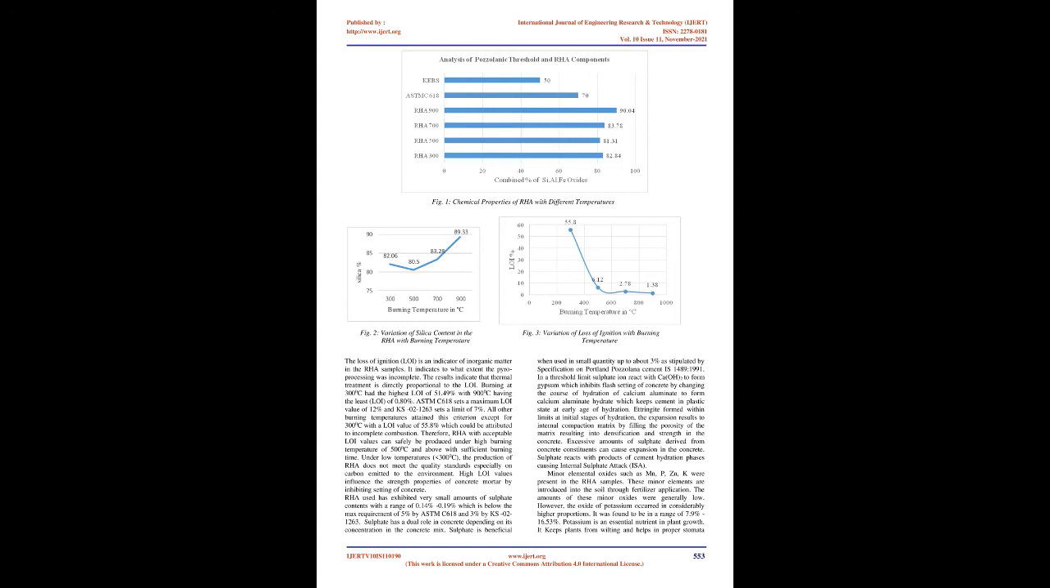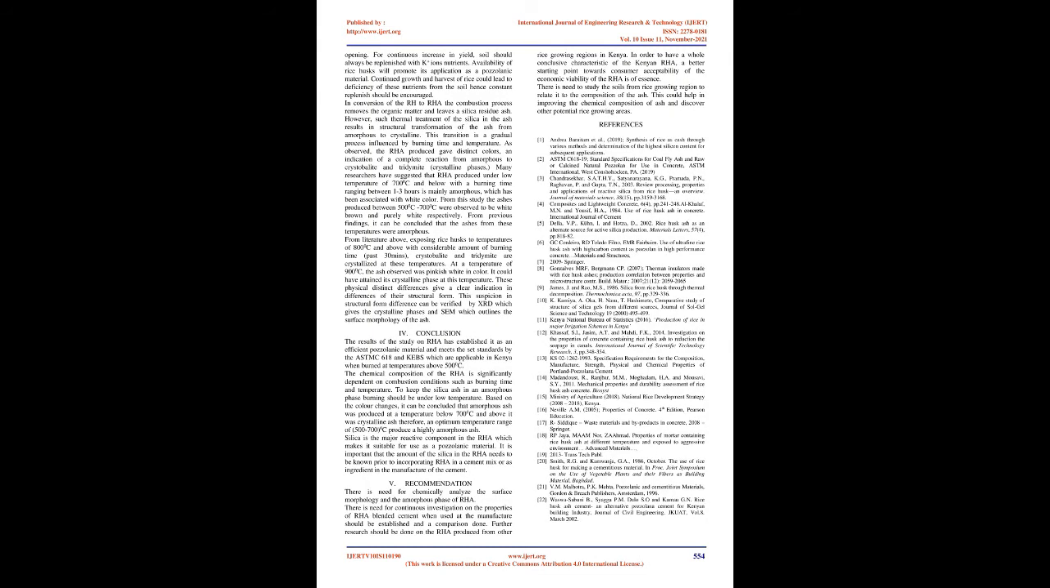It keeps plants from wilting and helps in proper stomata opening. For continuous increase in yield, soil should always be replenished with K and other nutrients. Availability of rice husks will promote its application as a pozzolanic material. Continued growth and harvest of rice could lead to deficiency of these nutrients from the soil, hence constant replenishment should be encouraged. In conversion of the RH to RHA, the combustion process removes the organic matter and leaves a silica